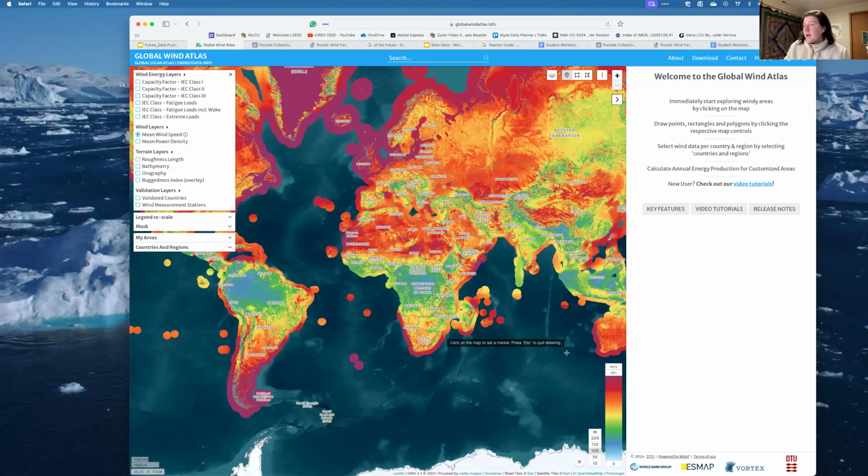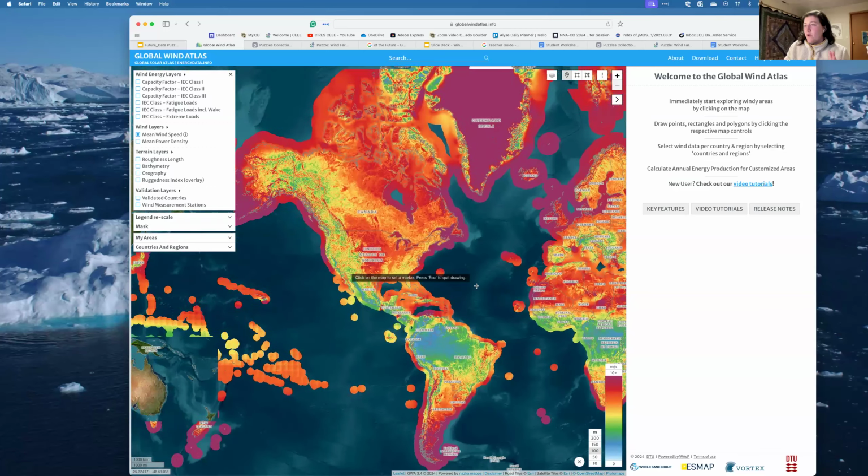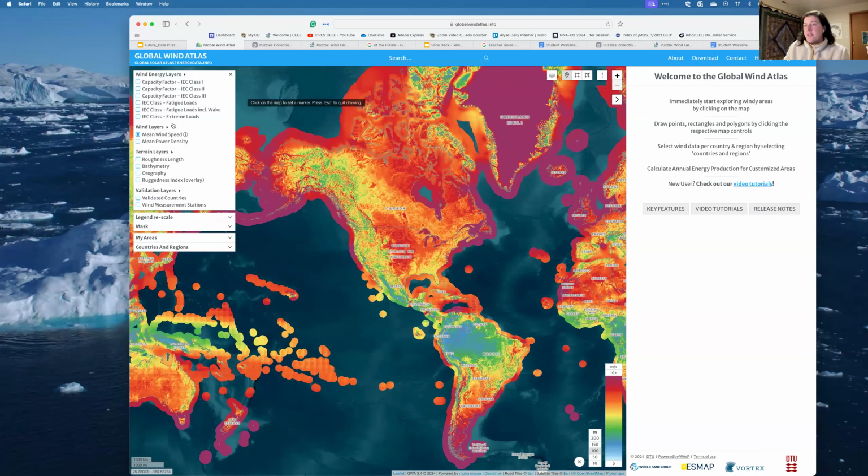So when you first open this up, you get a whole world view, and you can use your mouse to pan over. This opens up with mean wind speed, and the legend is down here. So the really dark red colors are around 10 meters per second, and then the bluer is slower, 1-2 meters per second, and then green and orange are sort of in the middle.